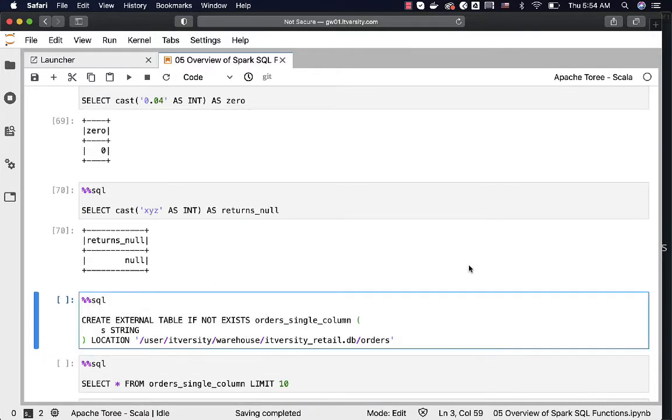Now let's see the usage of the cast function. Typically we get data from mainframes in the form of fixed length format. We can use substring to extract values from a particular character to a particular character for a given column, and then we might want to typecast it to original type. That's where the cast is typically used.